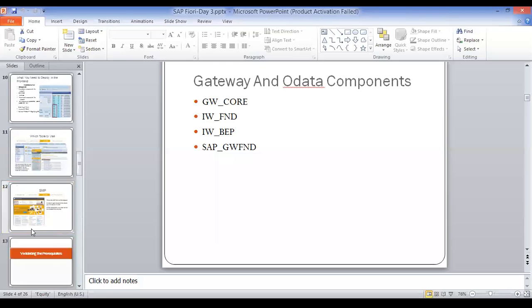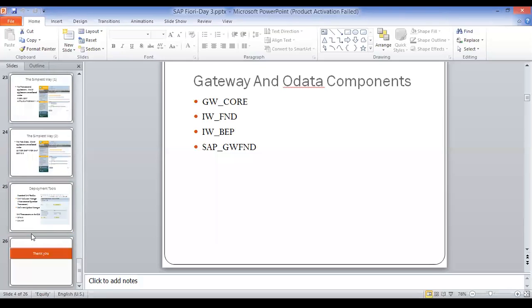So just before we move ahead, we'll summarize what we have discussed up till now and what we are going to do, with the help of a diagram, and then we'll move on with the actual implementation of the standard Fiori application, because now the architecture planning is almost done. These are all the components that you need to have, and this is where you're going to search for and download the different components. We discussed all about that. So today we'll summarize that